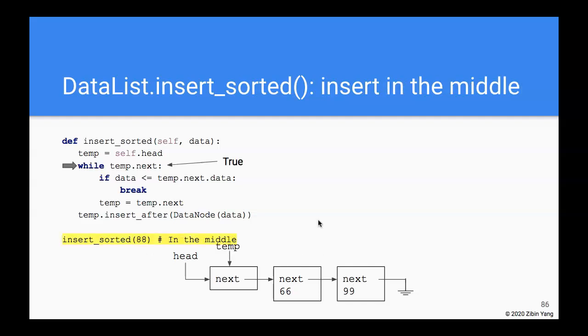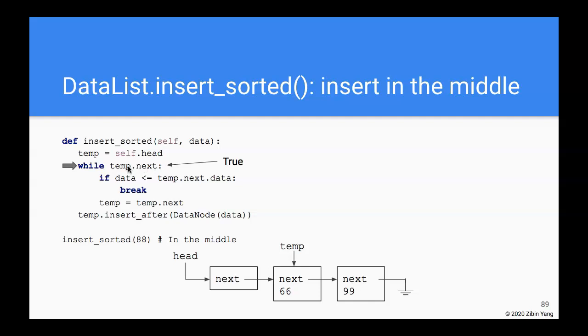So we're going to look at the final case of inserting a new piece of data somewhere in the middle of the linked list. We know number 88 should go between 66 and 99. So let's start. Once again, we start from the head, temp pointing to the head, and next has something, so it's true. We come in here, is 88 less than temp.next.data, which is 66? It's not less than, so we advance the temp pointer to the next one, and then we come back here